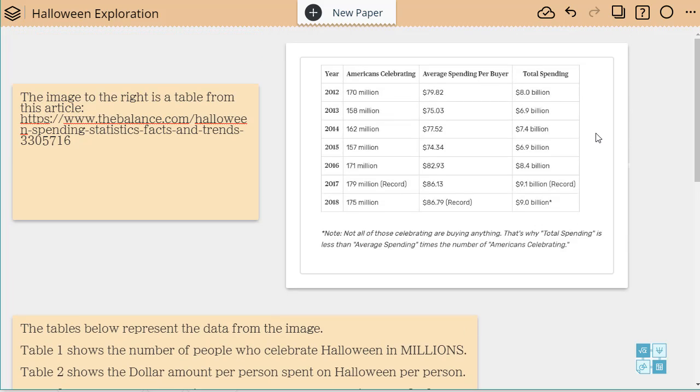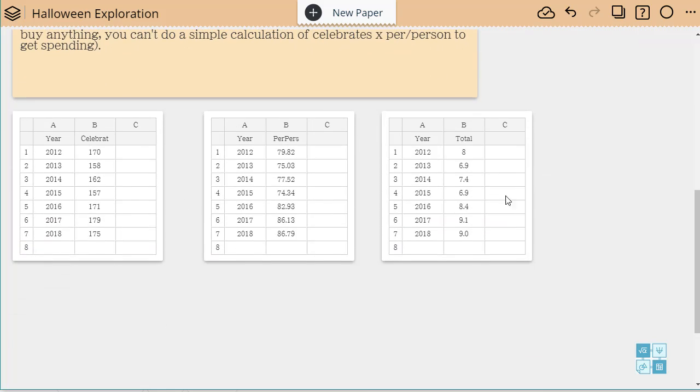Well, this is in millions for the number of people, spending is in dollars, and then total spending is in billions. So I have 3 different scales going on, and I don't necessarily want to use the same graph for all of them because the scales are so different. I might not even see this little dollar amount because I'm looking at billions in this one. So I did 3 separate ones so I can make 3 separate graphs that are not connected.